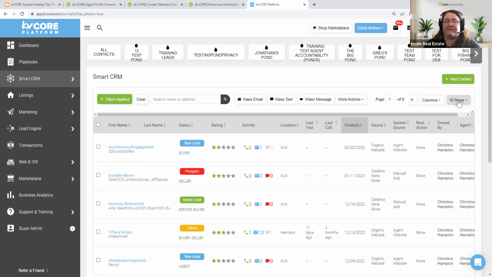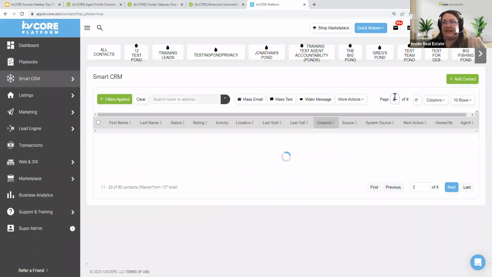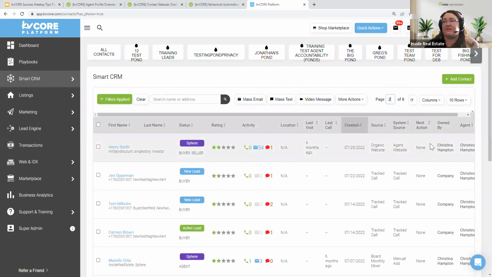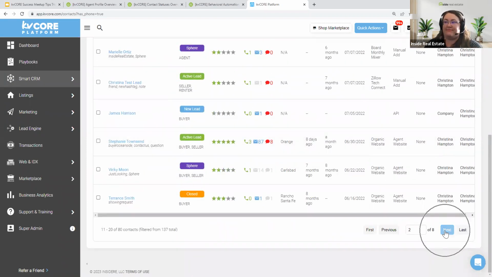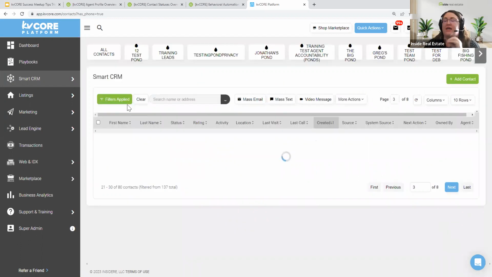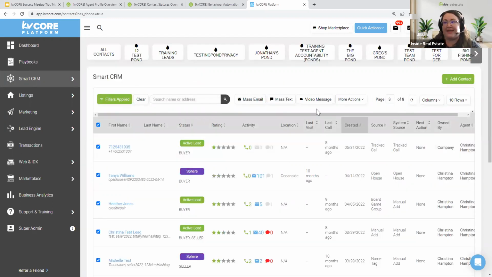So let's say, okay, see right now I'm at 10. And to the left of that, you can see I now have 8 pages of contacts. So I click number 1, I send my text message, I ignore Christina, and I go to page number 2. So I can either write page number 2 in there and then it updates for me, or I scroll down to the bottom and there's a next button, right? And I can go page by page. Now you do have to select this page and send on this page, and then go to the next page and select and send. You can't select page 1 and then select page 2 and select page 3 and then send. It doesn't work like that.